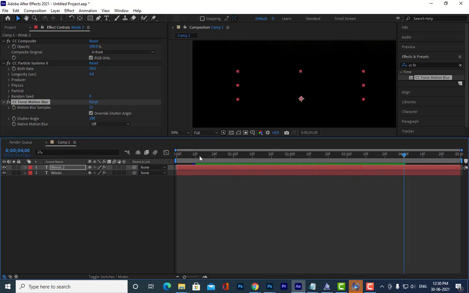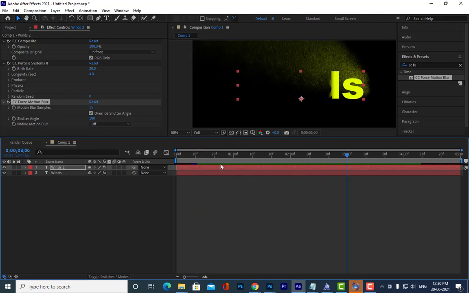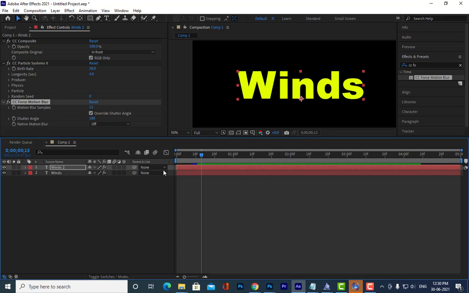See here. So we can combine it with the motion blur setting that is present in our layer. Are you able to see here? So we can also combine it with this one. Even though it becomes very heavy, you are going to get some realistic output.